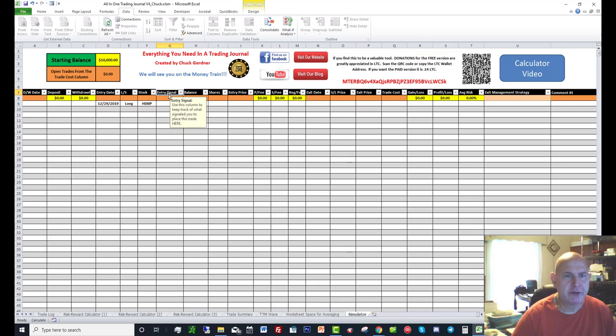Your entry signal, again, as the description would suggest, you use this column to keep track of what signaled you to place this trade. So here I'd click on the drop down arrow. Now if this was a 3-bar play, I'm going to put that there. Now that you've placed your first trade, your starting balance is going to show up in your balance column. You're going to place the number of trades you took, and in that case you'll be using your risk reward calculator,